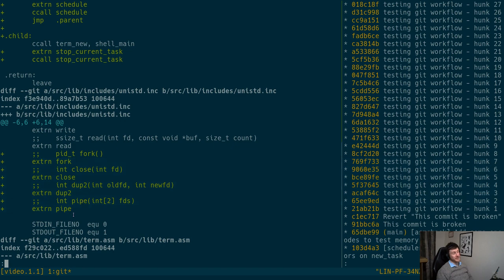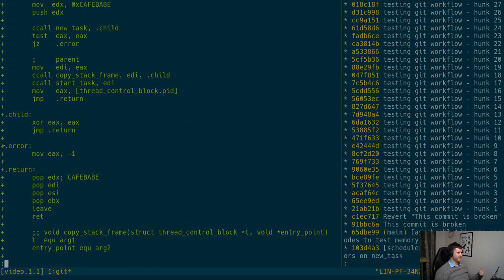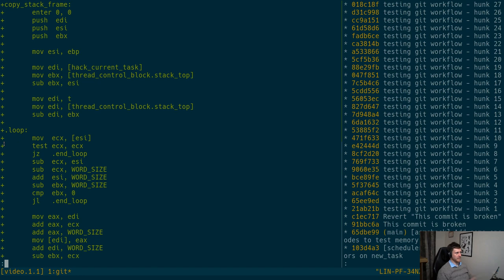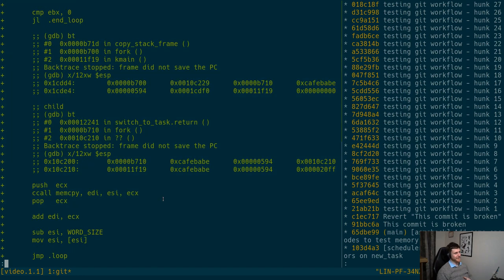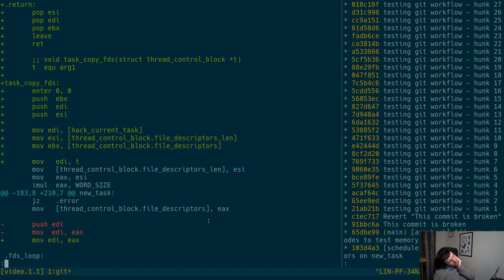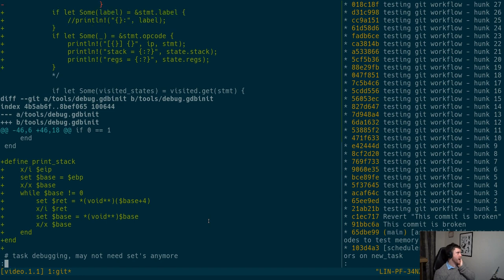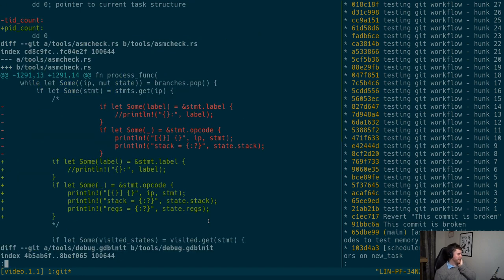I want that work not to get lost, which I suppose I could copy, but yeah, here's the fork, and you'll see there are weird back traces. I had test values to look out for, but yeah, I would rather